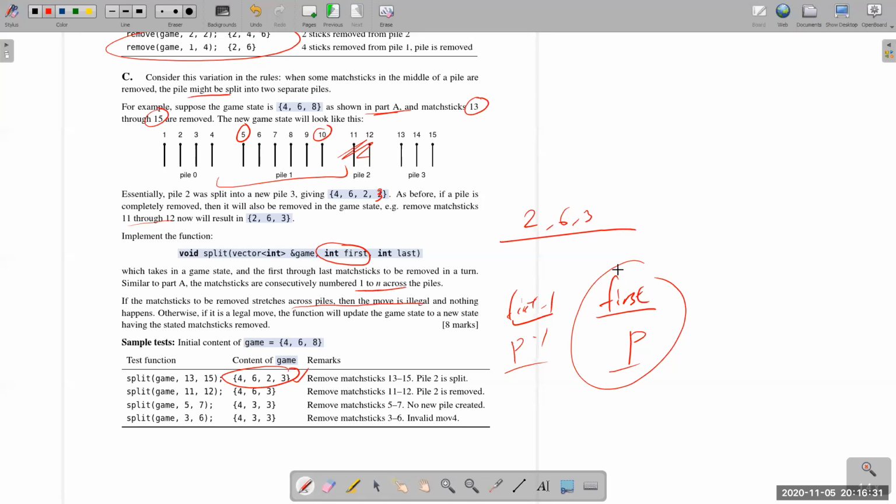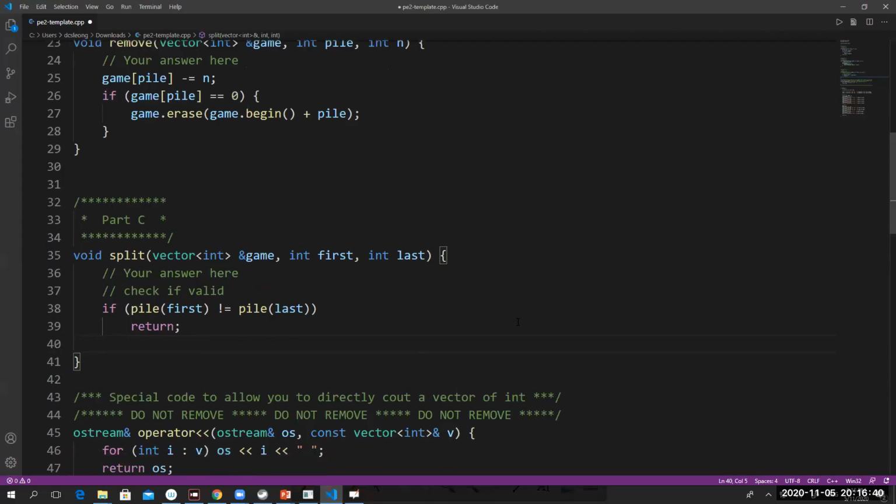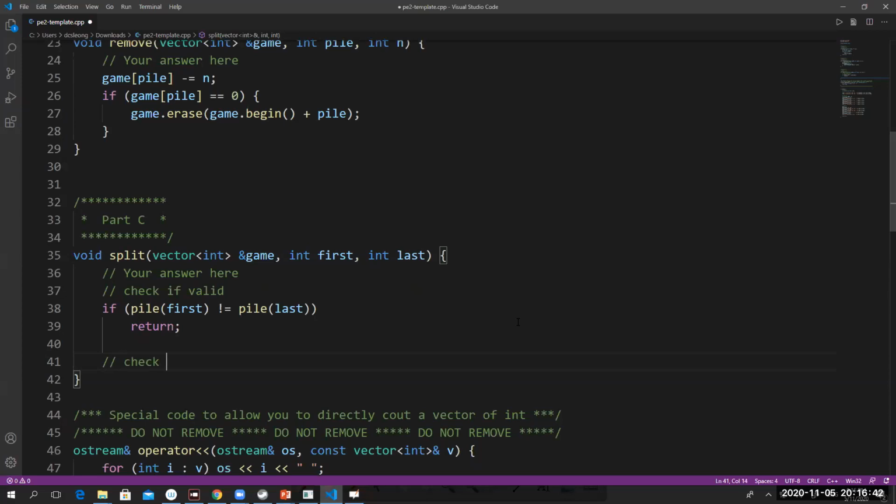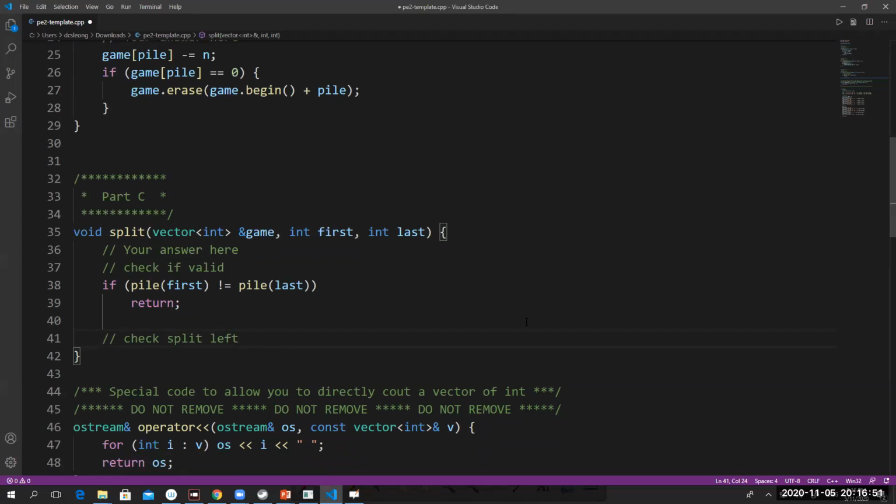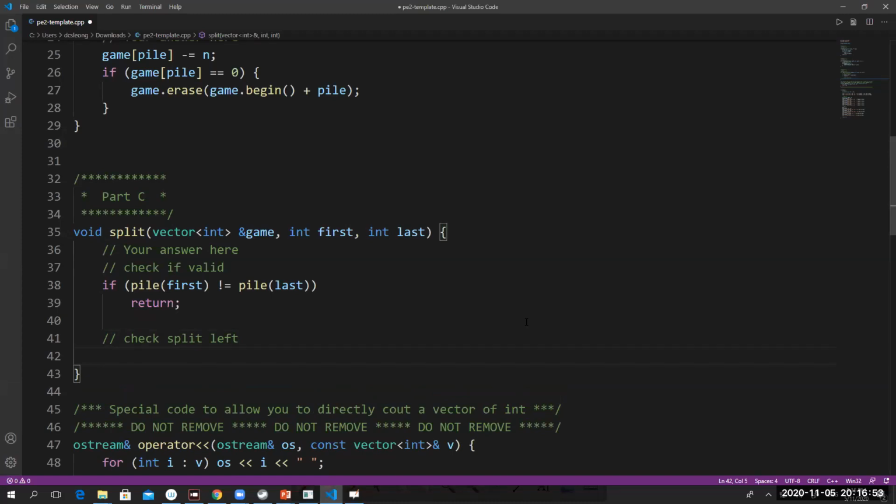Okay, so let's just do this very simply. So now basically we want to check if there's a split on the left side. Check whether there's a split on the left side. To check for a split on the left side, basically if your first